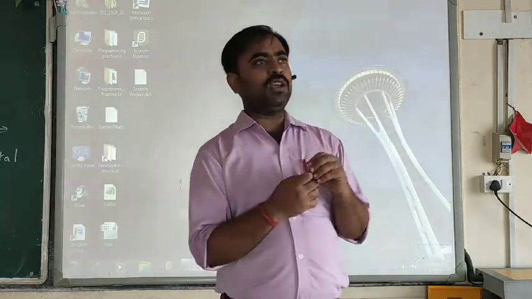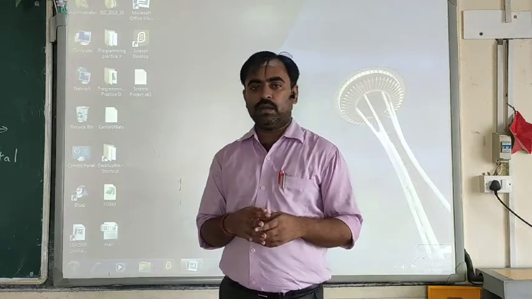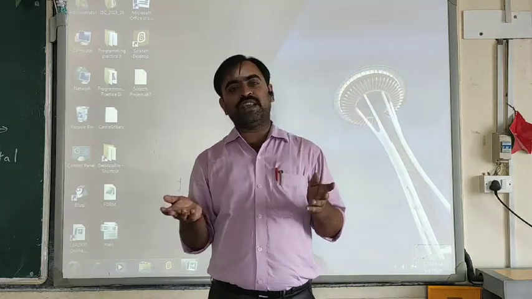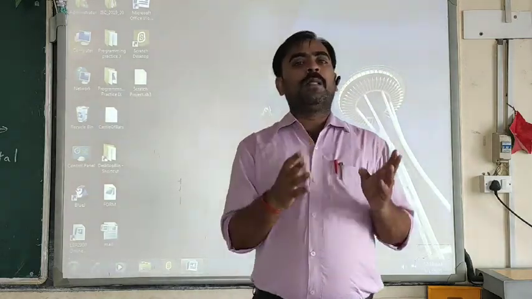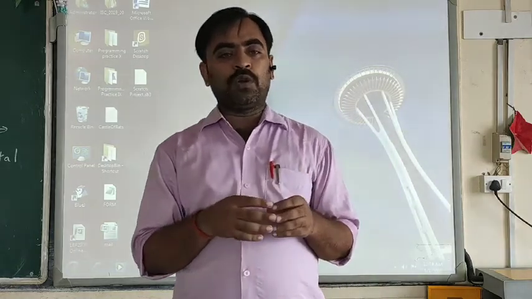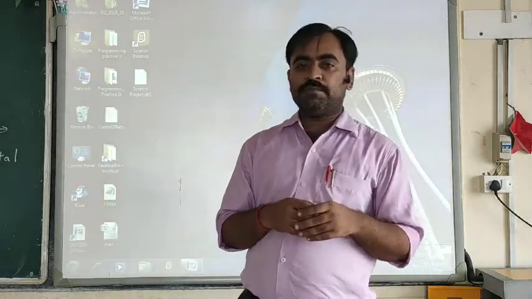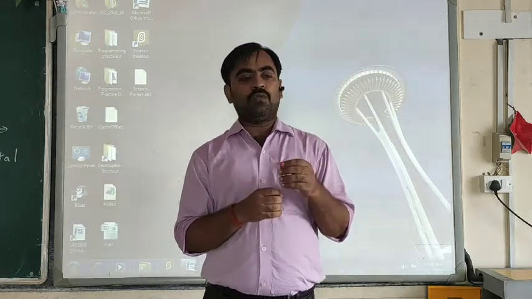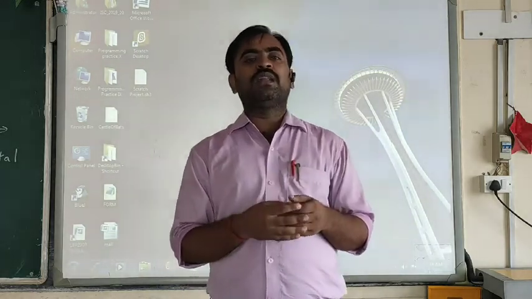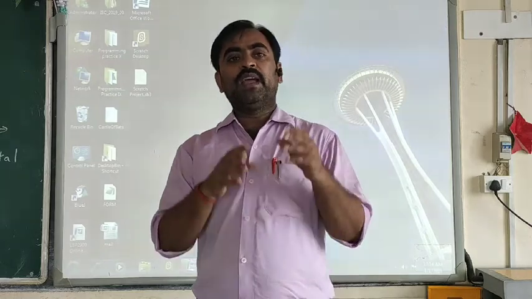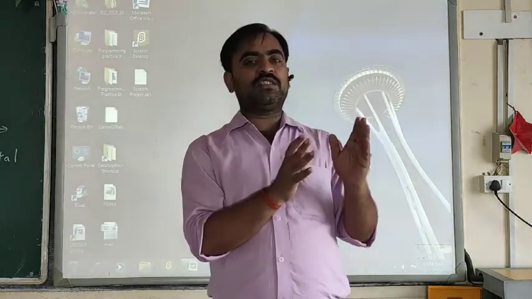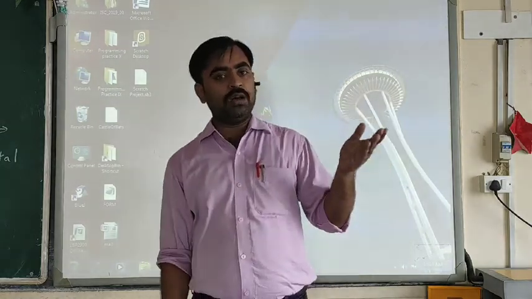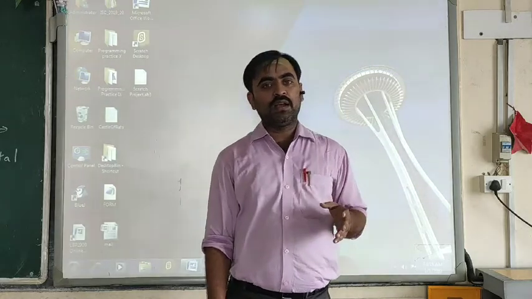By default, if you do not choose any type of alignment, the word program always uses the left alignment. It aligns each and every text towards the left margin of the page itself. Clear?